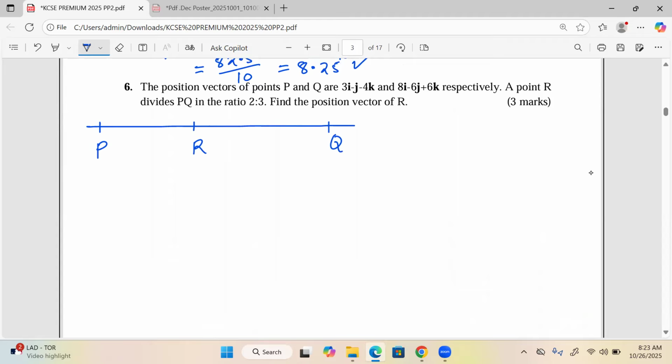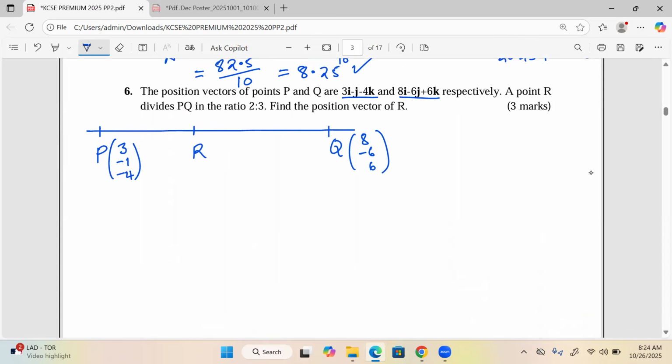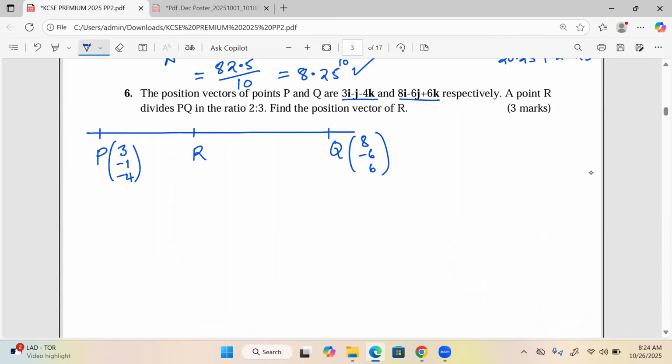Therefore, the position of P is known. This is 3, -1, -4. Then again, for Q, we have 8, -6, and 6. Then now R is dividing in the ratio